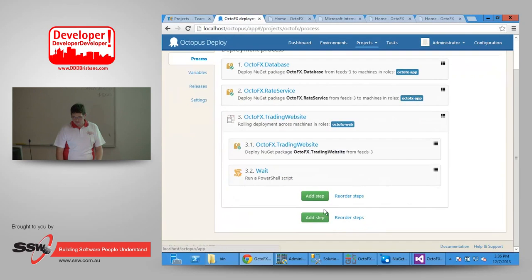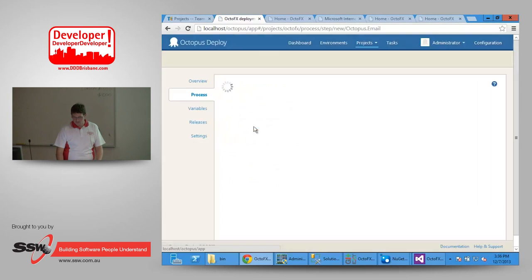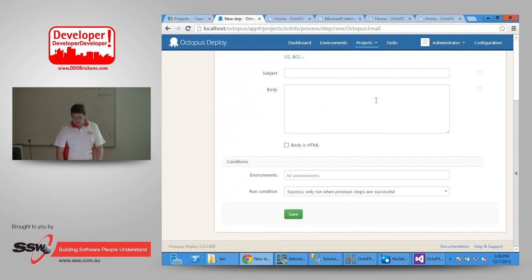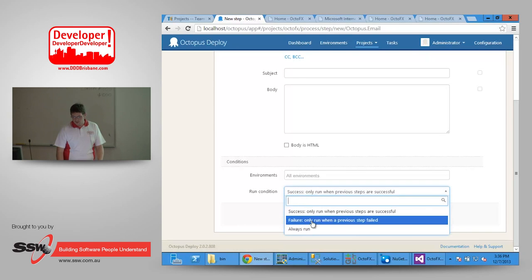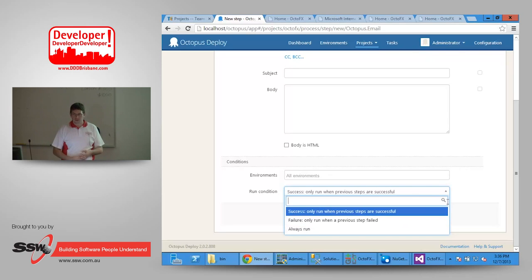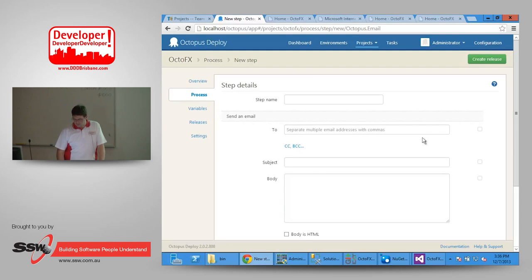When you're adding your steps to your process, you can send an email and throw in any information you need here, and then you can tell it to only run if part of the deployment process failed. So this is something went wrong, notify somebody. And potentially you could put a PowerShell script here that does something automated as well if something goes wrong during